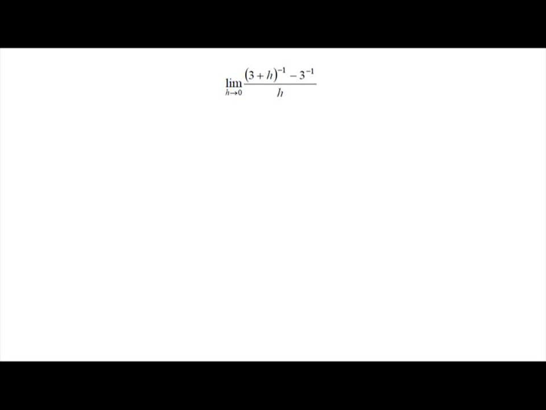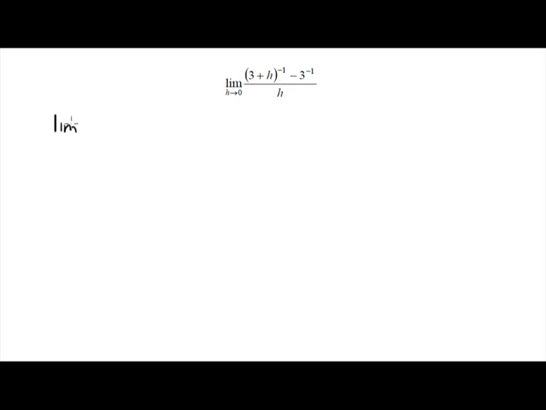Here is an example of finding limits. This is not a simple example on finding the limits. So we normally get the limit through substitution, and if we do the substitution, so we will see that the